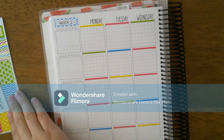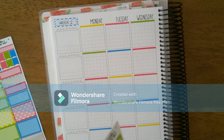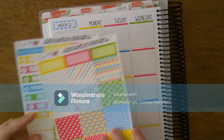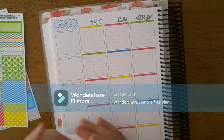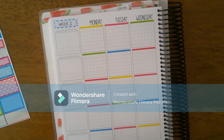Hello and welcome back. So we are going to be planning for the week of the 6th through the 12th in my Catchall planner. I'm using this kit from TPC Nation that is no longer available, and I have my sidebar scripts from Tipsy Dog Designs, and off to the side I have my